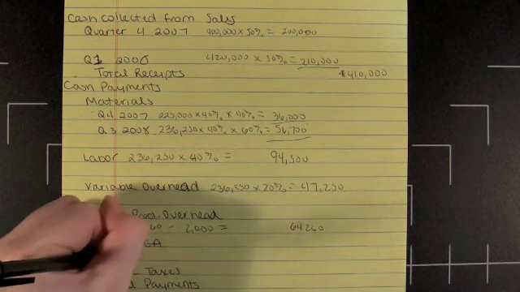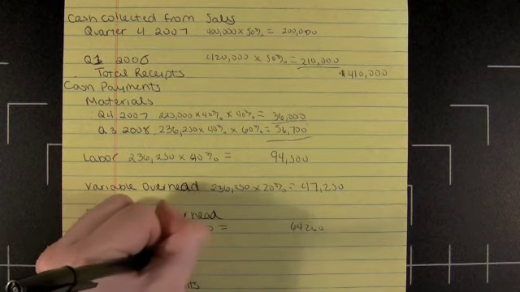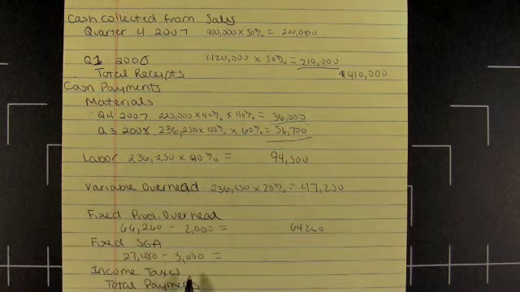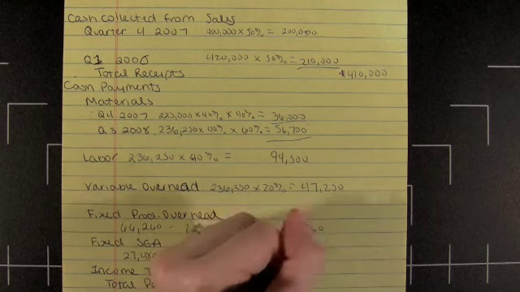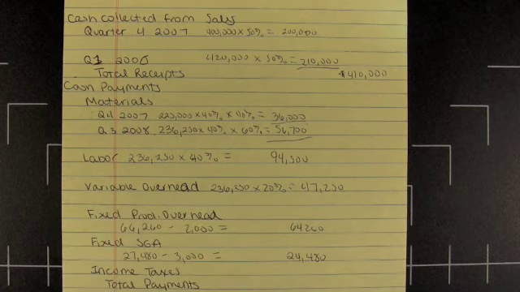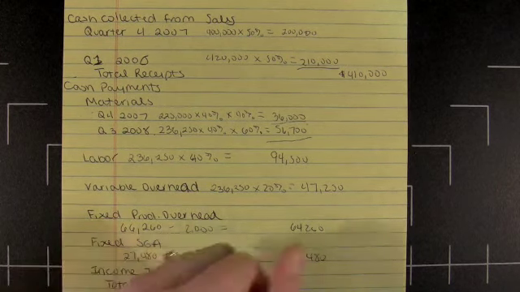And for fixed selling administrative overhead, we've projected $27,480. But again, we will not be paying depreciation because it's a non-cash item. So we must subtract $3,000 to give us $24,480. Income taxes are also paid in their entirety, and that was calculated to be